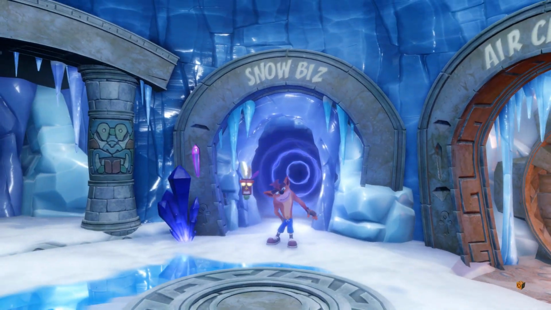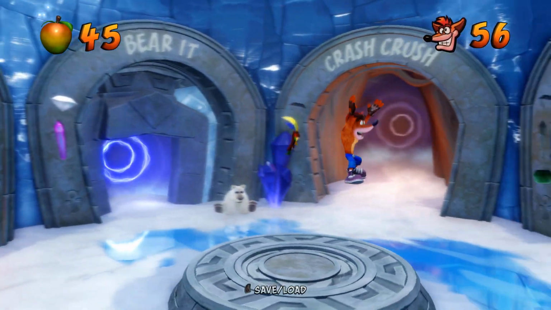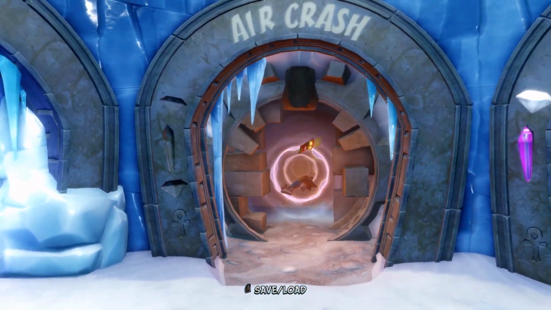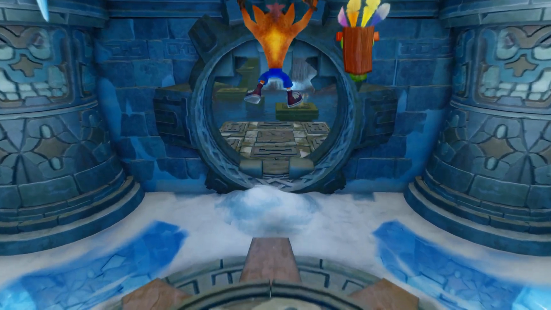This is part 4 of the Crash Bandicoot 2 playthrough, take 2. So we just finished up our business in Snowbiz, and then we're going to go ahead and start Air Crash. And I'm going to do the level both correctly and incorrectly, in a way. But first off, what we're going to want to do is get to